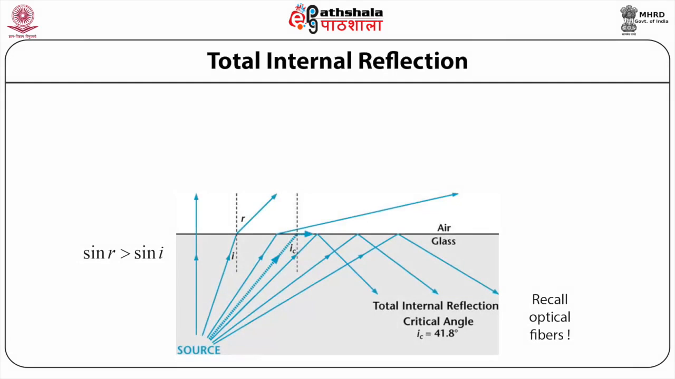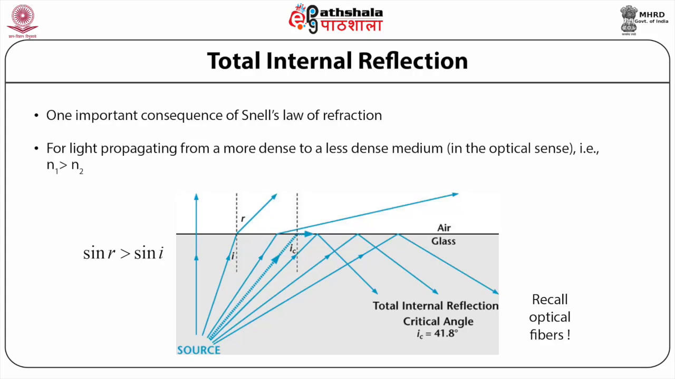Let's discuss a very interesting phenomenon, which is used very often these days in optical fibers, and this property is called total internal reflection. This is about light reflection from an interface between two media which have a slight contrast in their refractive index. And this is actually one important consequence of Snell's law of refraction. It says that for light propagating from a more dense medium to a less dense medium, such as shown in this picture here,